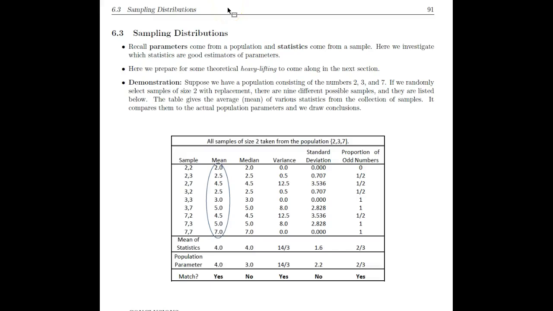Hey everybody. This video is going to cover section 6.3 and 6.4 in the textbook, and that is going to be about sampling distributions and the central limit theorem. So in section 6.3 there are just a couple things I really want to highlight, and that's a couple definitions. One of them is this definition, parameters, and the other is the word statistics.